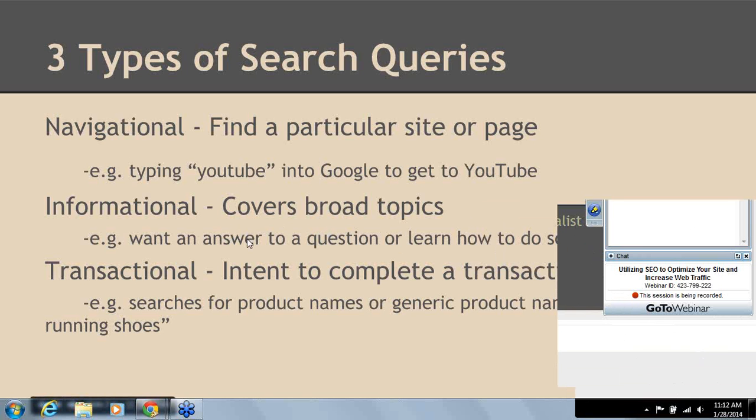So the second type of query is an informational query, and those cover broad topics. They are usually dominated by Wikipedia or WikiHow or eHow. And those kind of queries want an answer to a question or learn how to do something. So with informational queries, it's difficult to monetize those. You can drive traffic to your site